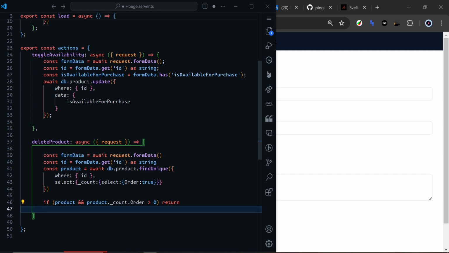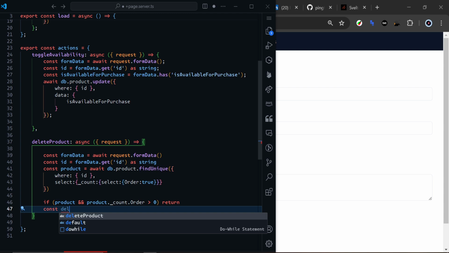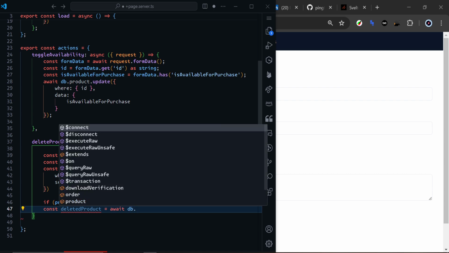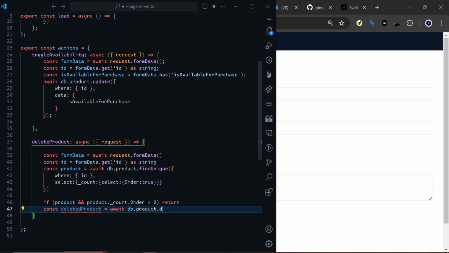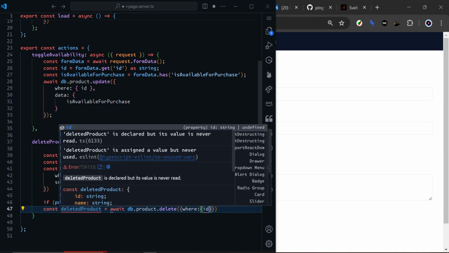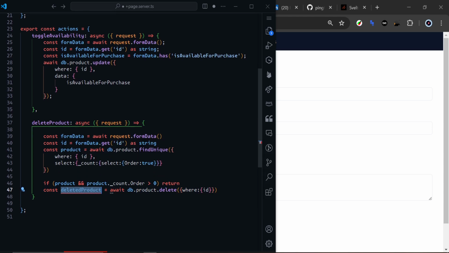And if this was false, if this did not run, then it would come down here, and we'll go with const deleted, because we now want to actually delete the product. So deleted product, not delete product, would be equals to await db.product.delete, and we'll delete it with the ID. So where ID. And now that we have that deleted product, we can use it to unlink a lot of the files, delete the files. So we can use await here,